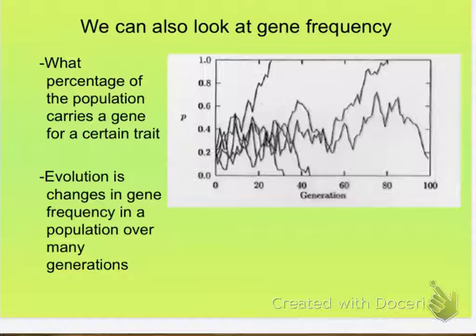Okay, but the underlying genes, how often a particular gene appears in a population, is really the heart of evolution. So we can have all those environmental influences, but if a gene is favored or not, and how often that gene appears, is really the heart of evolution, because it drives a lot of the change in traits.